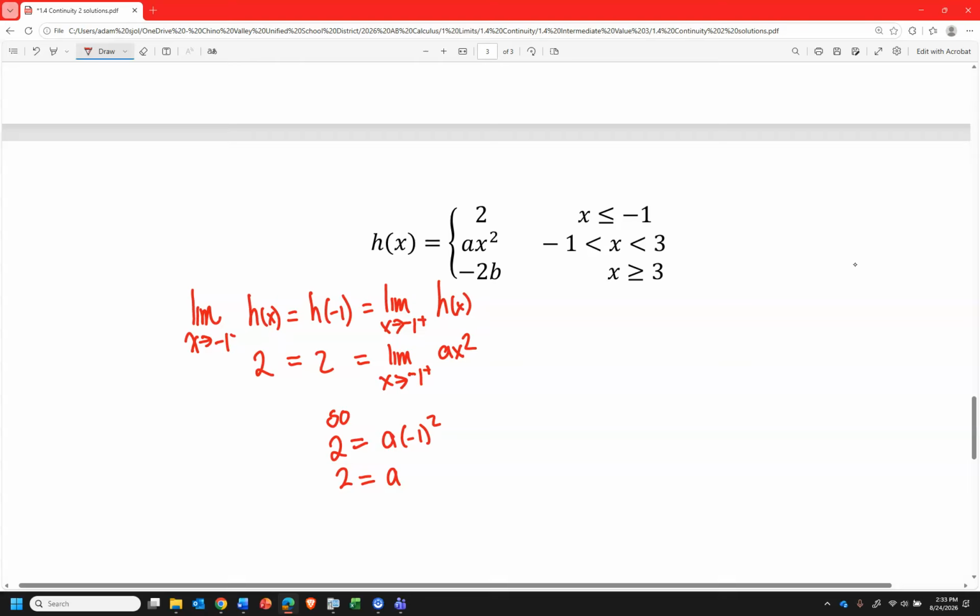Anyway, so how are you going to get the other part? Well, you need to do basically the same work over here. But before you do that, don't use a again. You've figured out that we're going to be talking about 2x squared for x values between -1 and 3. And then when you do the other work, making h continuous or inspecting when h is continuous near 3, you'll figure out what b can